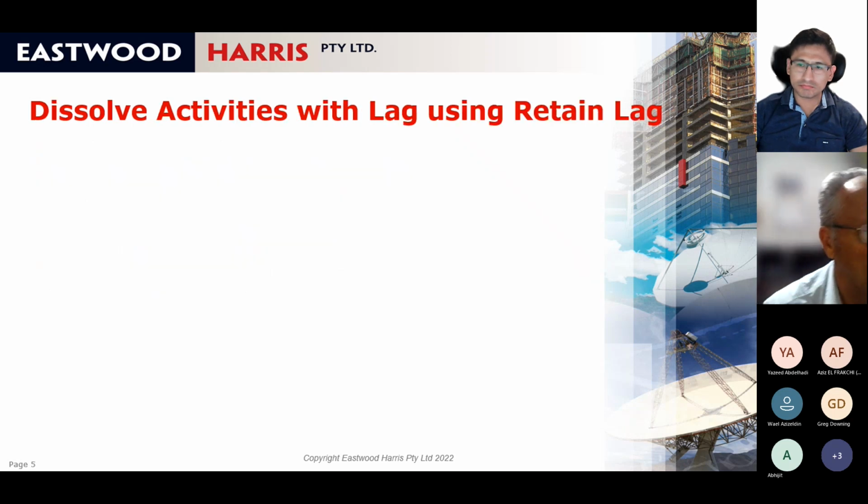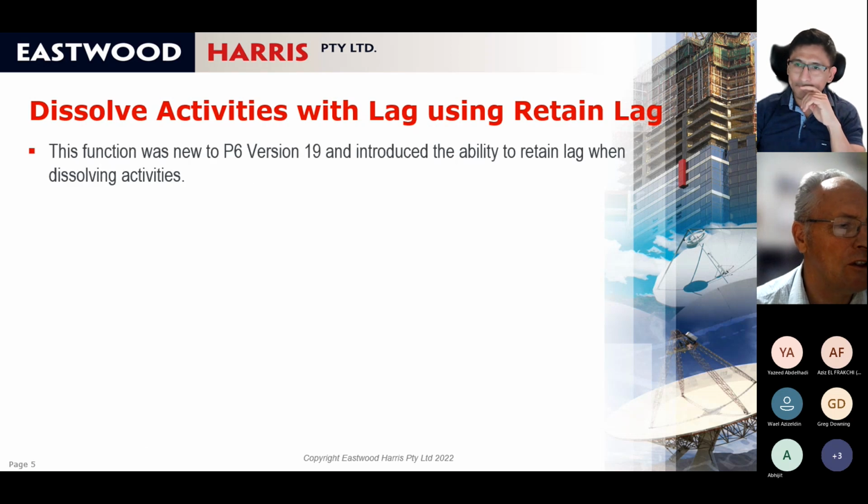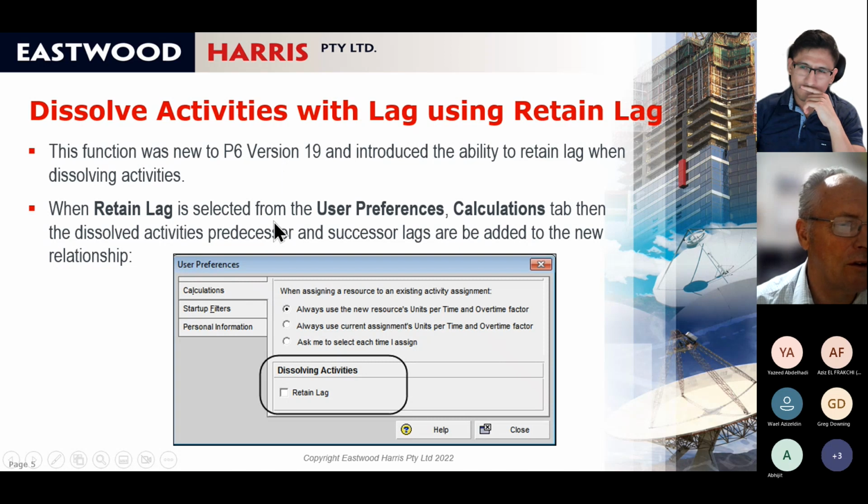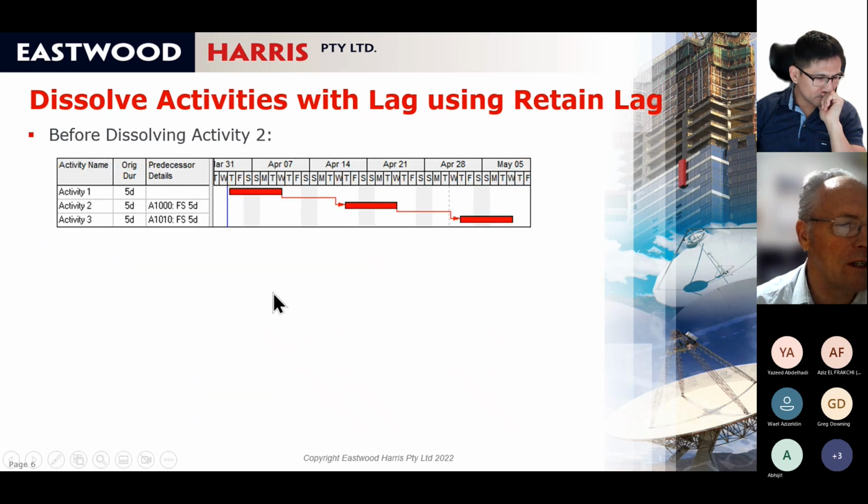I tend not to get too involved in dissolving activities with retain lag. This was new to version 19. What it does is, if you go to the user preferences calculations, you've got to tick this to turn on retain lag. And the way it works is that if you have an activity here, and you've got lag here and lag there,